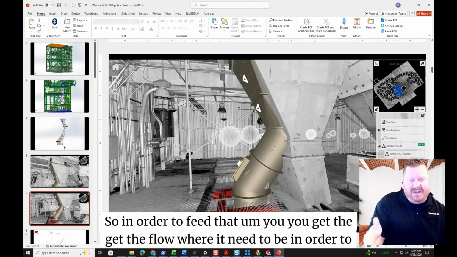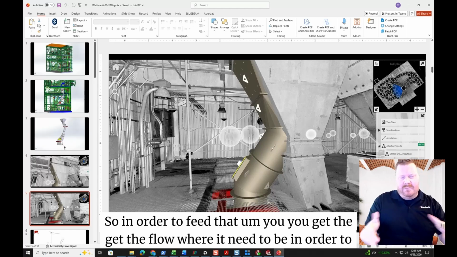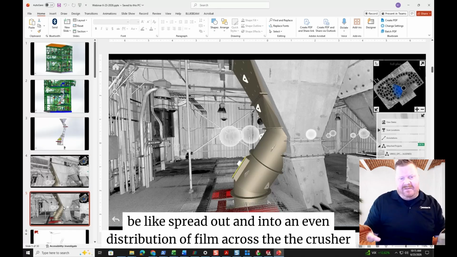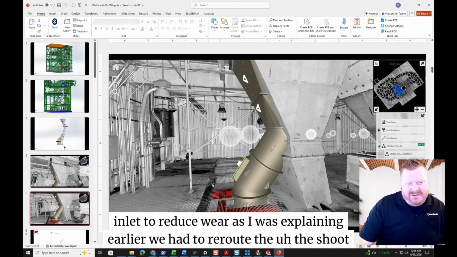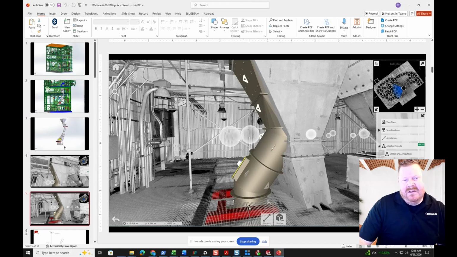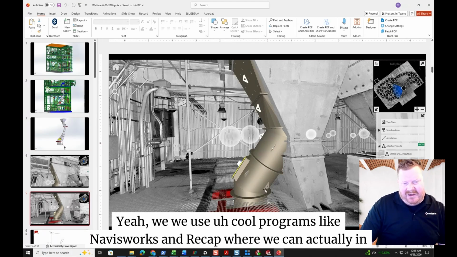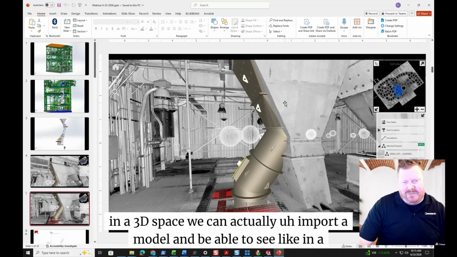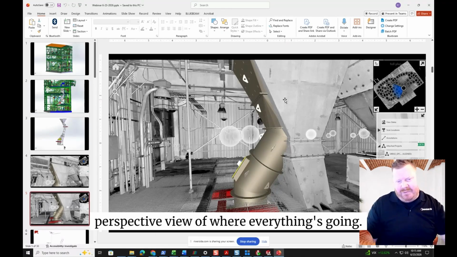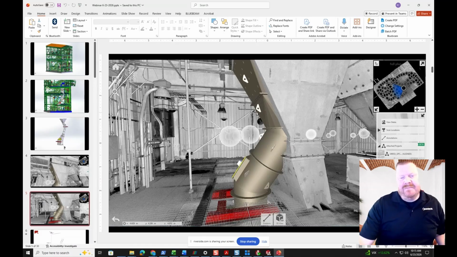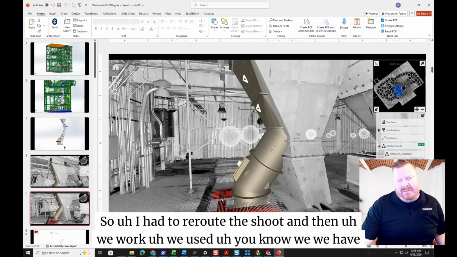In order to get the flow where it needs to be, spread out into an even distribution of film across the crusher inlet to reduce wear, as I was explaining earlier, we had to reroute the chute work itself. We use cool programs like Navisworks and Recap, where in a 3D space we can import a model and see in a perspective view where everything's going. So I had to reroute the chute, and then